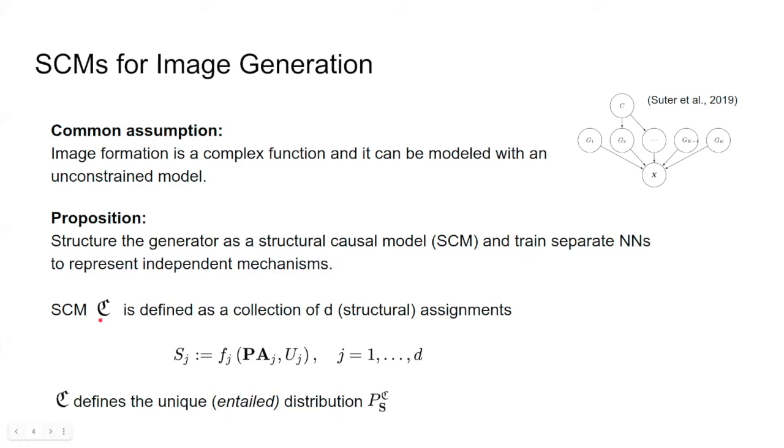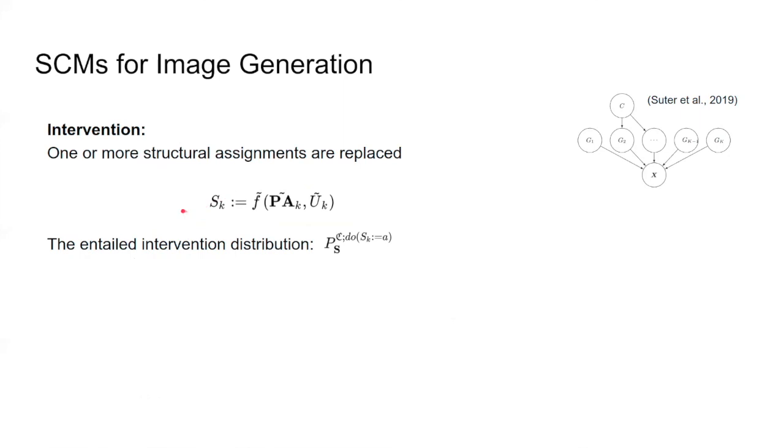This structural causal model is defined as the structural assignments. All of those together then define this unique entailed distribution. Now what intervention means in this case is that we replace one or more structural assignments, and the entailed intervention distribution then changes to P^{S;C := do(S_k = a)}, and a in this case